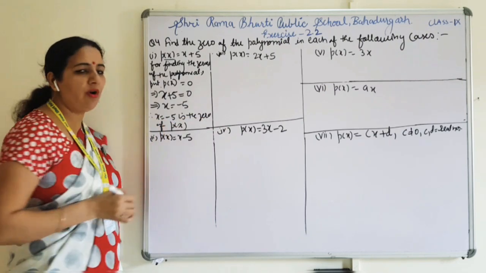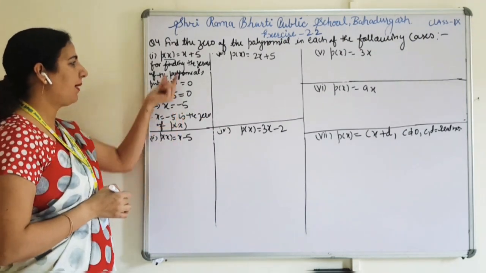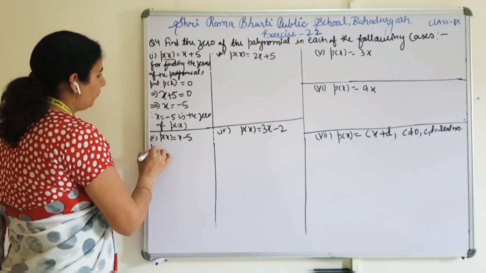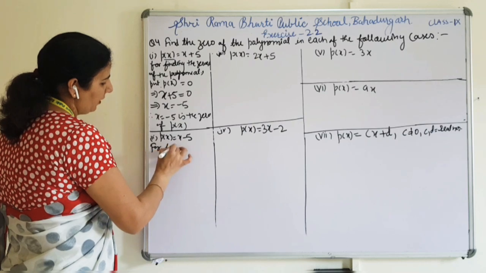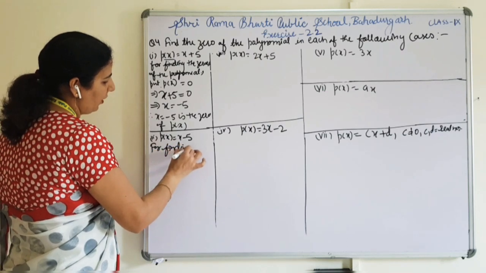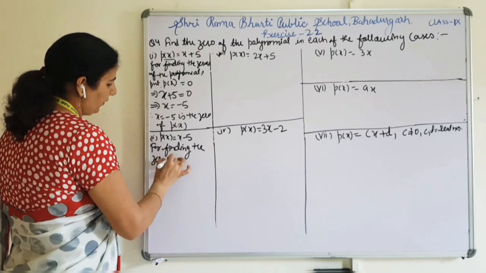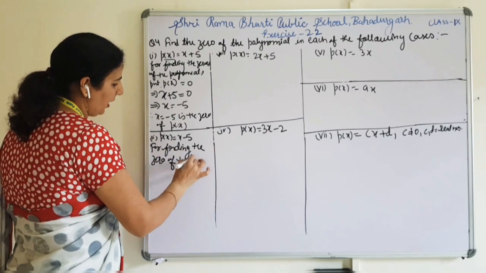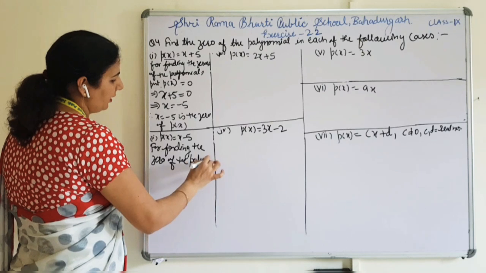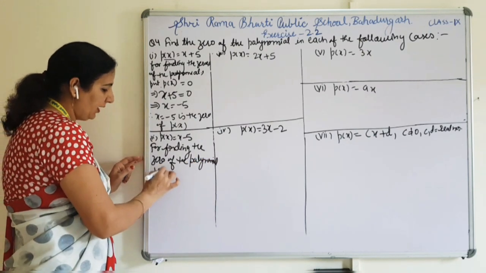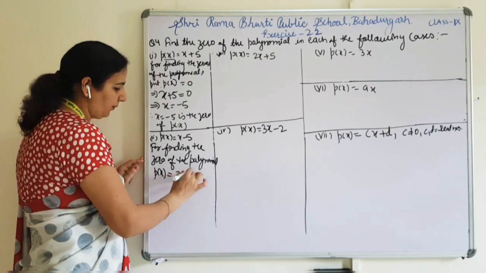Is the 0 of Px. You can also check by putting this in the value, it will turn to 0. Next is for finding the 0 of the polynomial. You have to write the same line every time. Here I have written 0 because it is a linear polynomial. Then I know that it will have only one 0.